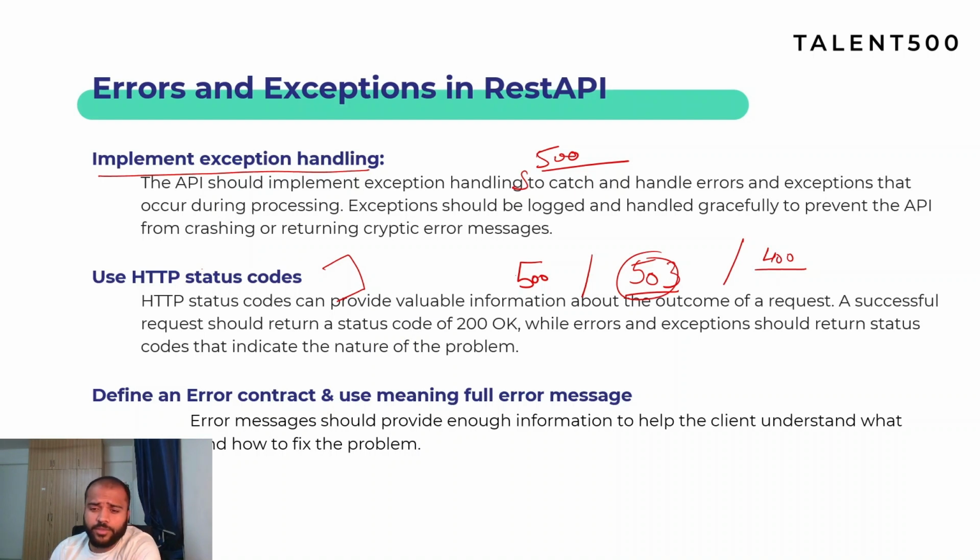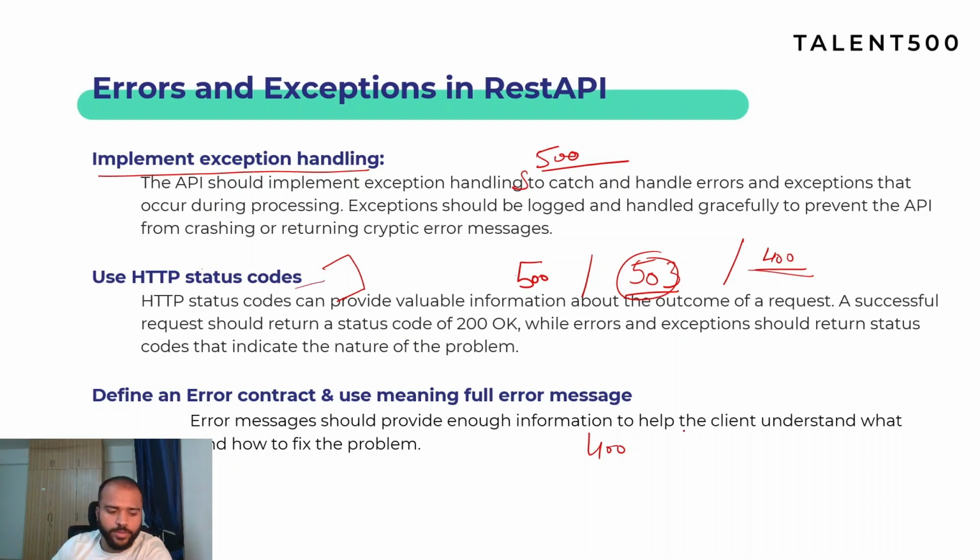So the next point to take into consideration is define your error contract and send a meaningful error message to the user. HTTP status codes are good, the client application can understand that. But if the client application has to show something to the user, let's say that an error has occurred, and you would have given some information to the user regarding the error, then the user could have fixed it. Let's say the user has sent some bad request and it has received 400 bad request from you, but if you are not telling the user why this request is bad,